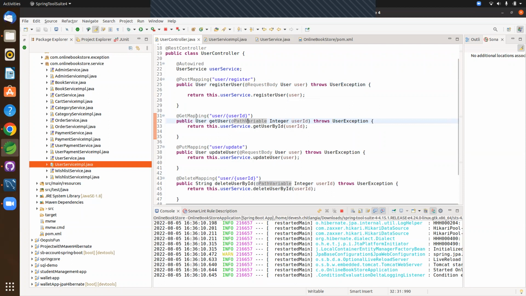For example, if the client wants the user with an ID, the HTTP request has two things, head and body. In the head, he is giving the get method, and in the body he is sending the user ID, which is the customer's dynamic request URI. I will elaborate one method. Just for example, we are using get mapping here and user.